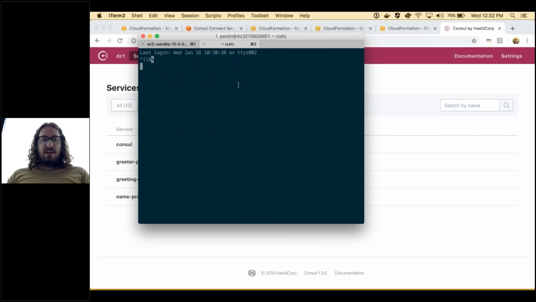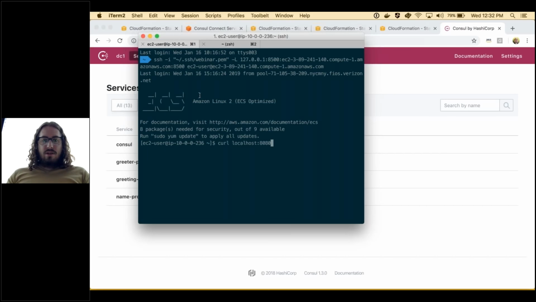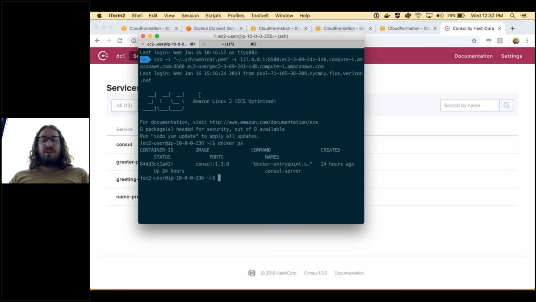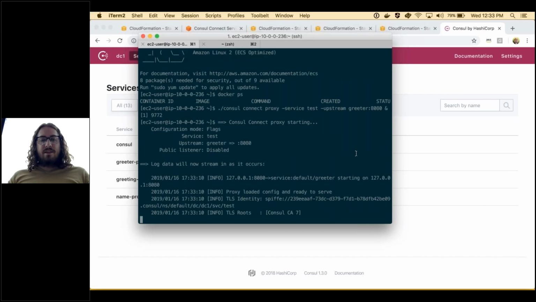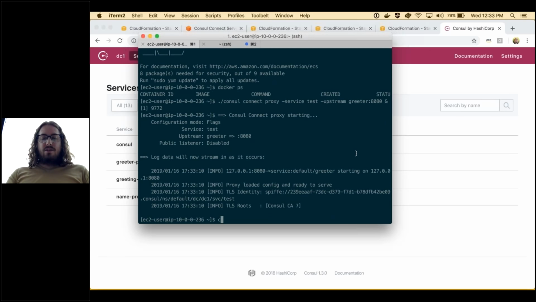If I SSH into one of the hosts on my machine, go in here. I want to establish a Consul Connect proxy locally on this host. So first, let me show that there's no services actually running on this host. So all this host is running is Consul itself. What I want to do is launch Consul now, and I want to establish an upstream pipe to the greeter service, and I want to expose that on port 8080. So I start this up, and I can do curl localhost 8080, and there you see